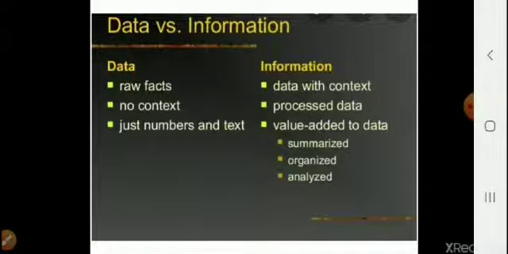So once again here we can see data can be any character, number, images, anything which is not properly arranged, and information is organized and presented in a context to make it useful, and is called information. Then data alone can never be signified. There is no use of data alone, but information is always important by itself.